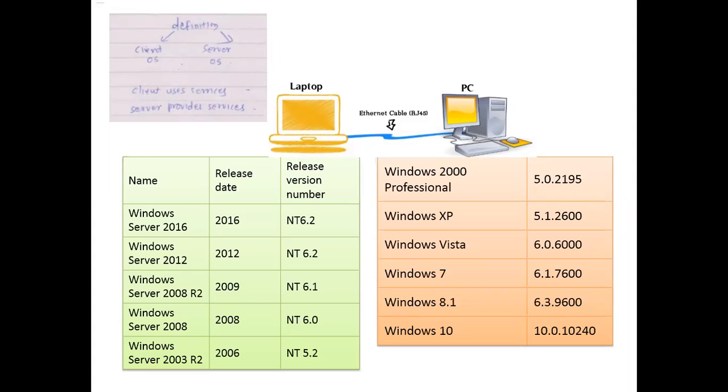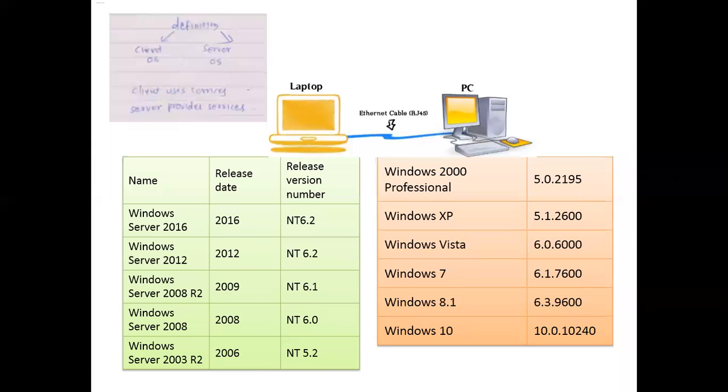What do we define as a client and a server? A client uses a service, and a server provides service or shares the service. Then how can this Windows 7 become a server? If you take a Windows 7 machine, take one of the folders and share it, it becomes a folder server. If you take a printer, connect it to a Windows 7 machine and share it, it becomes a printer server, though Windows 7 is a client operating system. Please keep this in your mind.